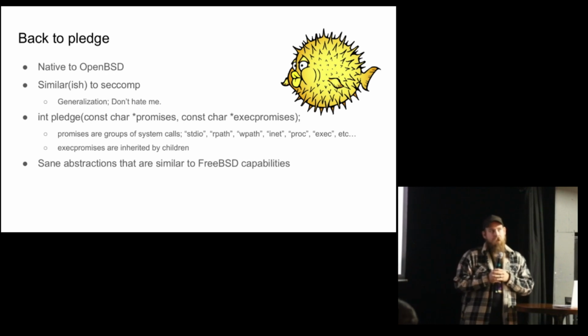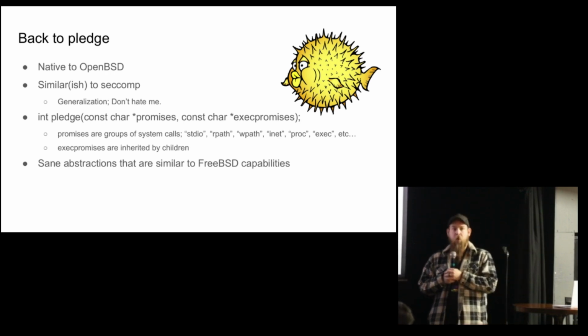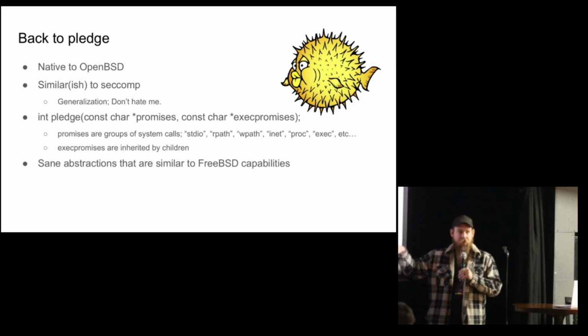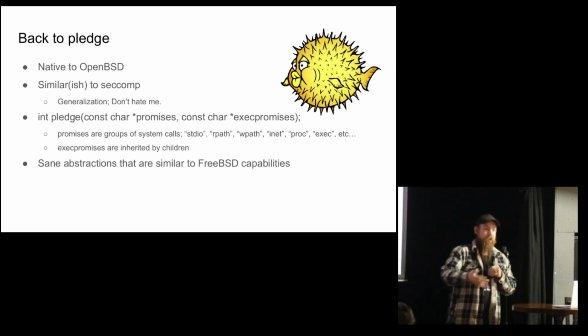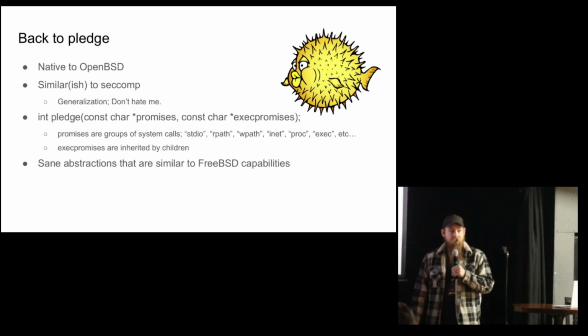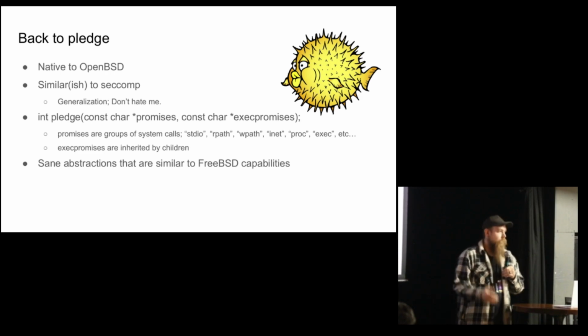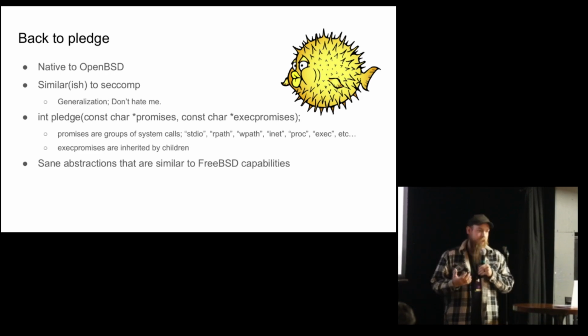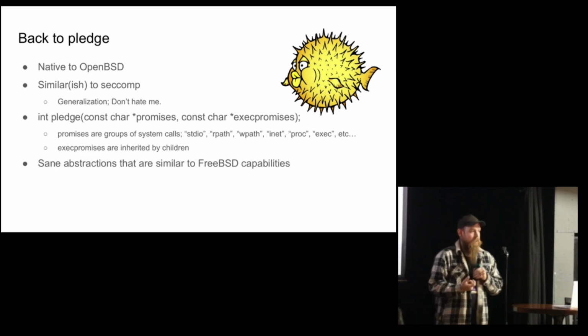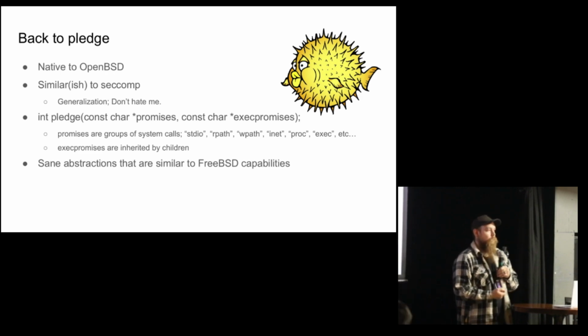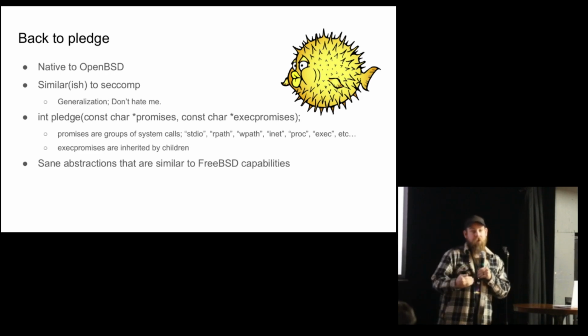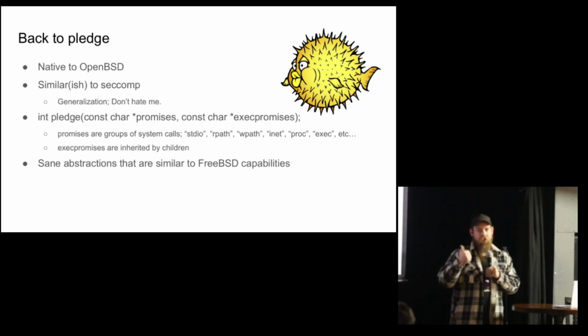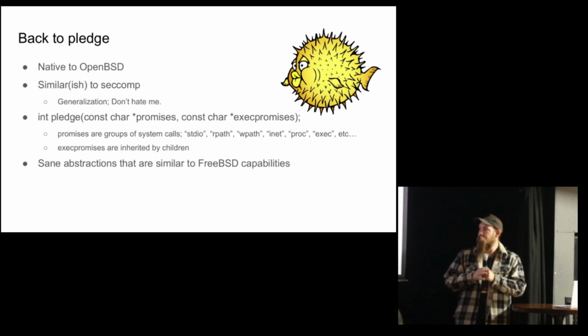Seccomp BPF requires you to understand things a lot more than this level of abstraction. The whole point of this is that it makes it easy for programmers who might actually want to implement some kind of reasonable security. A good example of this is, say, grep or cat, or take your pick of utility that is not going to talk to the network. There's absolutely no reason the grep binary needs to open a goddamn port. If it does, it should probably be killed. Wouldn't it be nice if grep said, I will only talk to the file handles that are standard in, standard out, that kind of stuff? That's where this comes in.